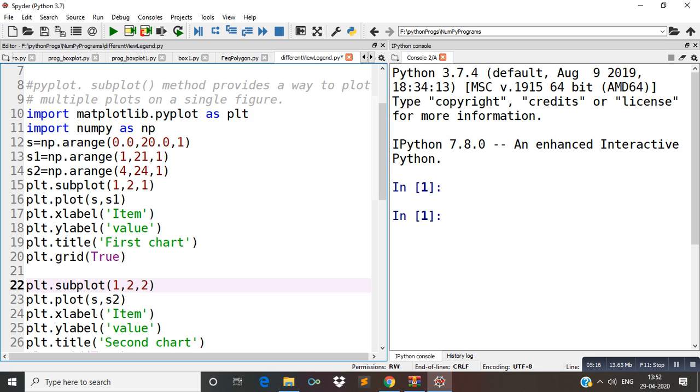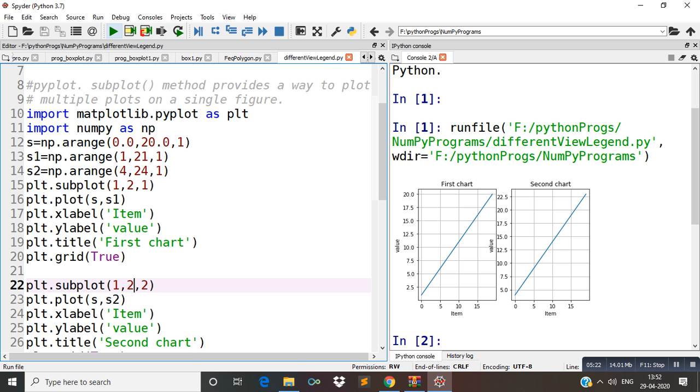Now see what the output of this program is. Here in one figure you can find two plots, or you can say two sub figures. So this is the first figure and this one is the second figure. Both are in one row. Both figures are in one row, and there are two columns.